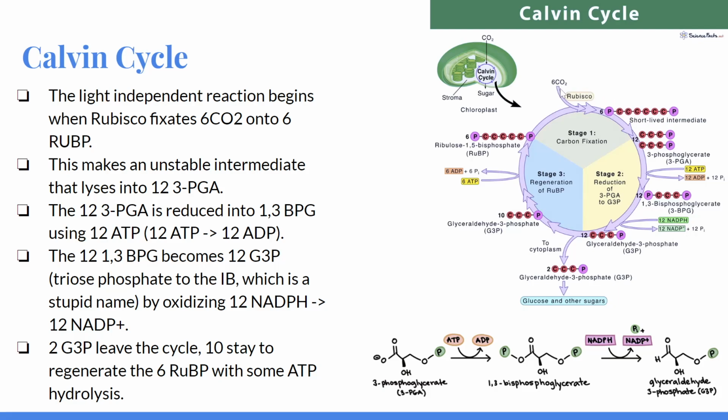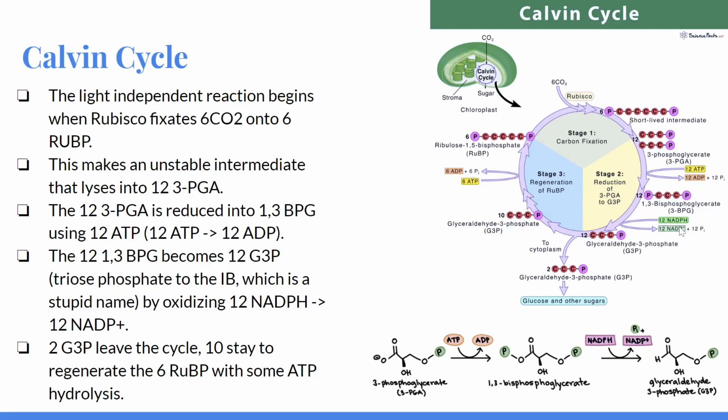So Rubisco fixates carbons onto 6 RuBP. You do need to know RuBP. And then it creates this short-lived intermediate that lyses into 12 3-PGA, or 12 3-carbon molecules, and then that's reduced into another 3-carbon molecule with 12 ATP. Also have to know this step because you're using ATP here, so there's 12 input here,